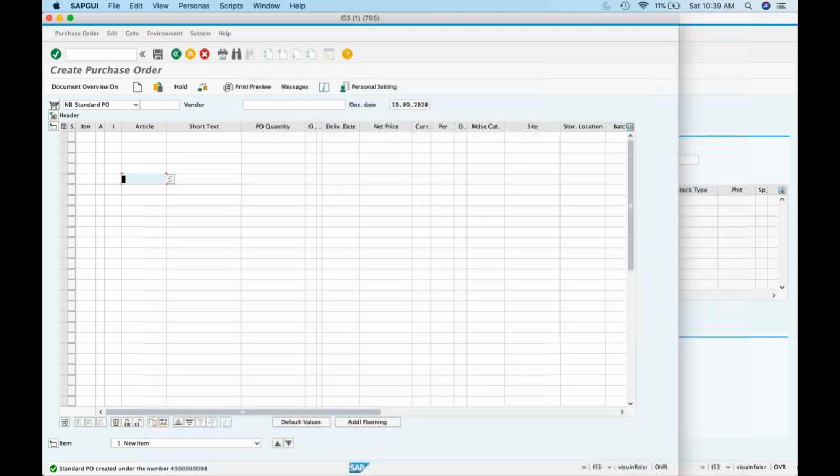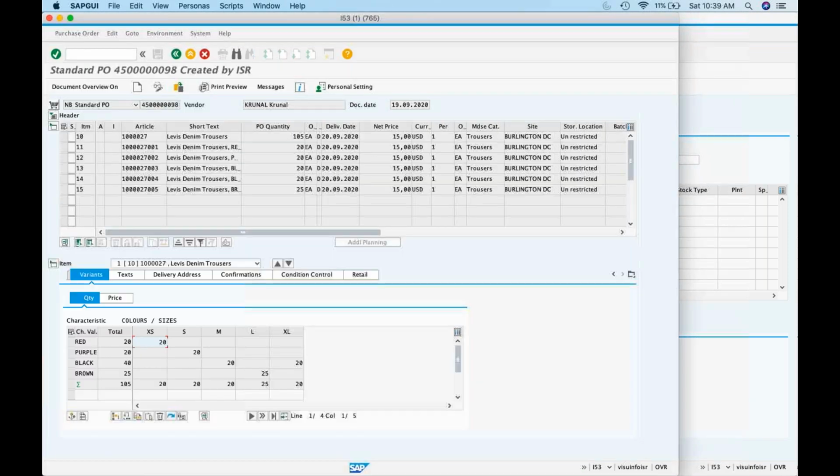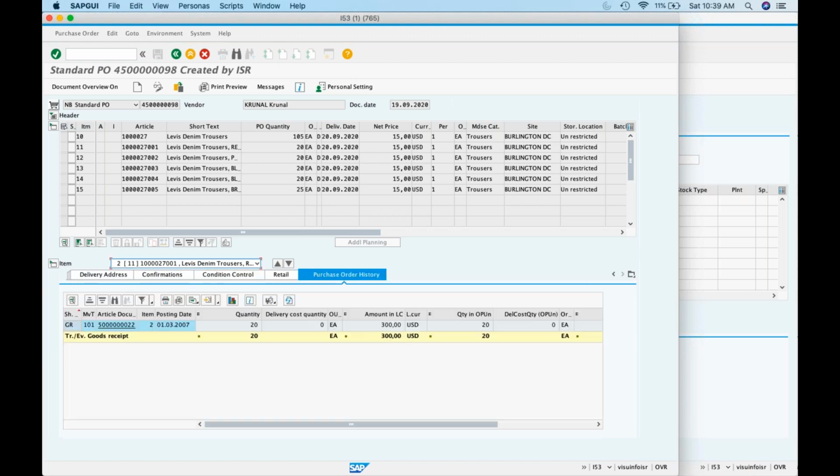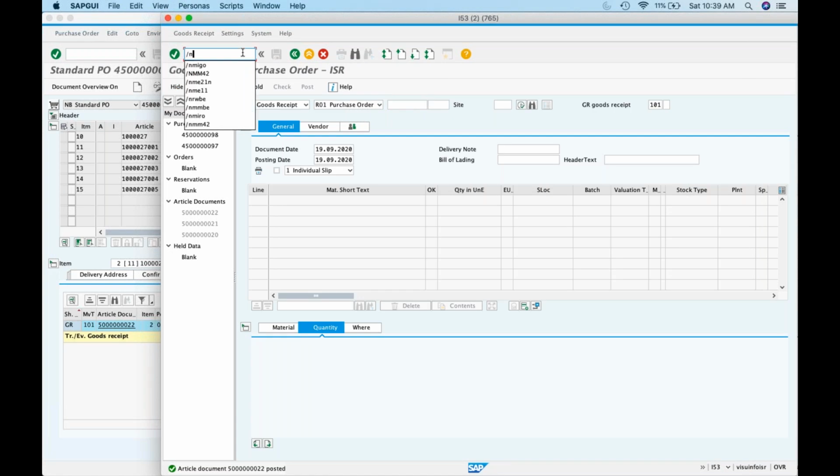Yes, done. Now, what is the document number? 98, right? Press enter. Okay. Now select each variant. You will see the purchase order history. Everything is posted.